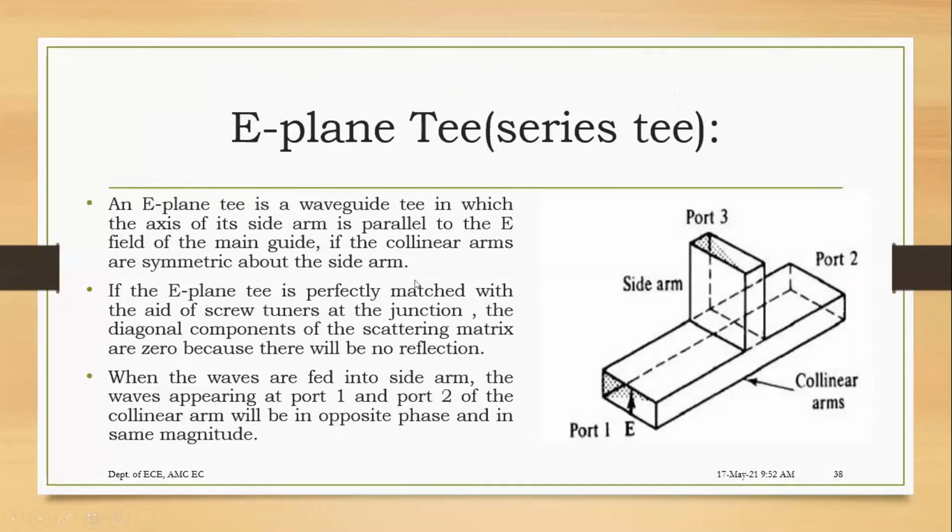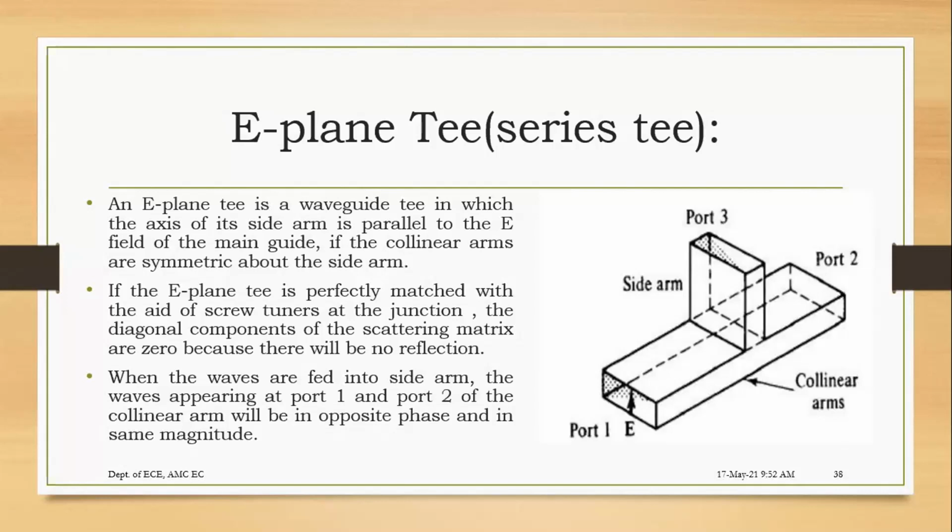What is the meaning of collinear? What do you mean by collinear? You have studied in maths, a very basic concept. What is collinear? No idea. So if you have 2 or 3 points or more lying on the same line in a linear way, then it is called a collinear arm. Say there are points A, B, C, D, E, F, some 5 or 6 points lying on the same line. That is nothing but collinear.